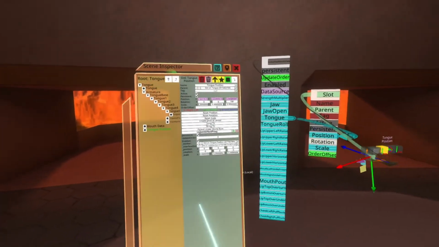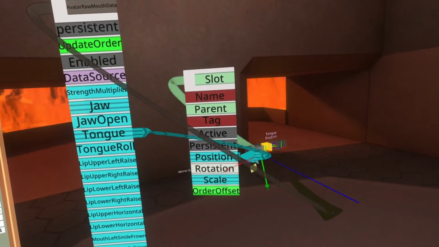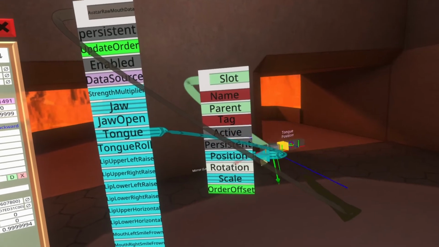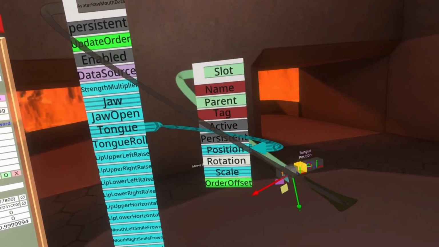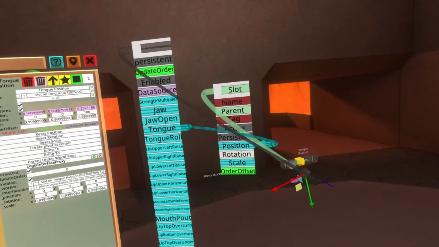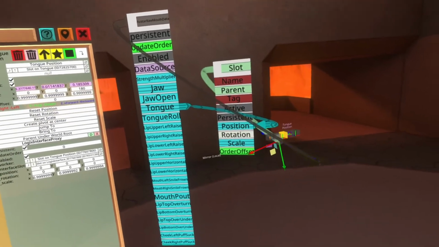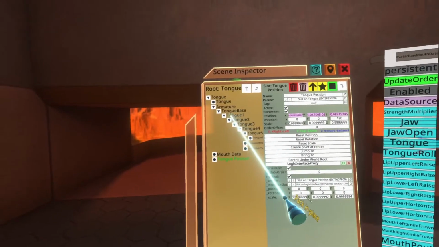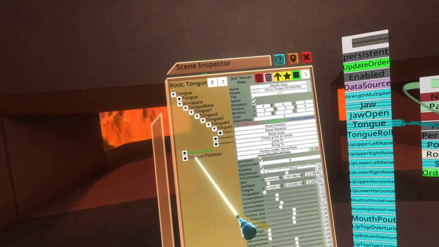One of the things you might be noticing, though, is that when I talk, we're getting this really annoying effect where the tongue just pops out on various phrases. If you notice at the start of the video, that's still happening with my avatar, and I'm still tweaking it to this day. There's a useful way to tweak it though, which is based on another positional value you've got here,